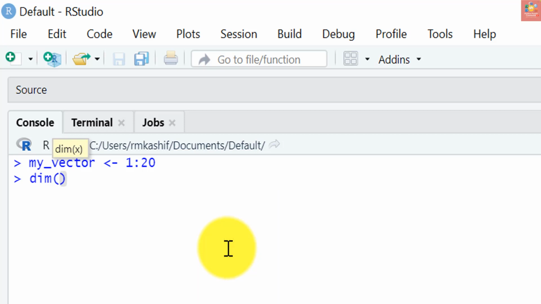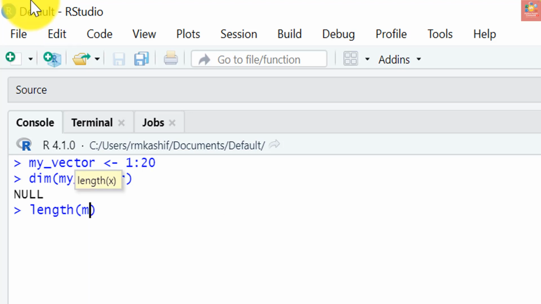So let's use dim on my_vector, it gives NULL. Since my_vector is a vector, it doesn't have a dimension attribute, so it's just NULL. But we can find its length using the length function, length of my_vector. It is 20.